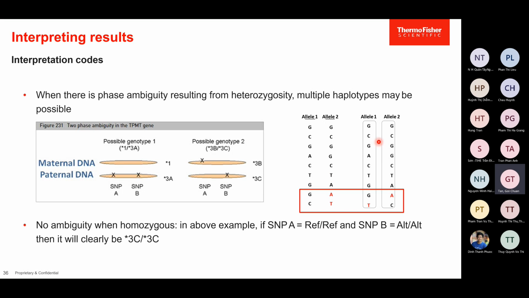However, we do not know for sure what is the pattern or combination in that single chromosome, right? Because we get one from father, one from mother. So for example, in this case, this is the pattern over here. These are the two cases. So it can be GA, but it can also be